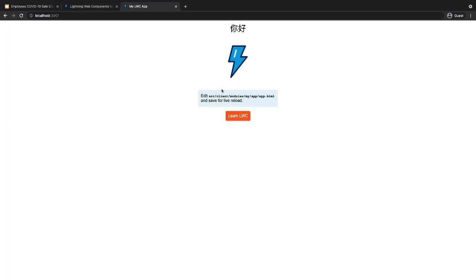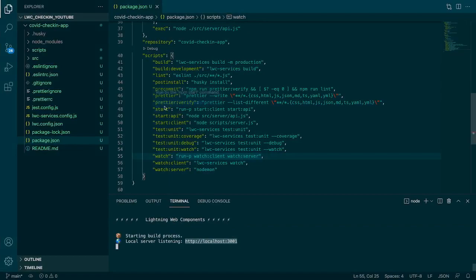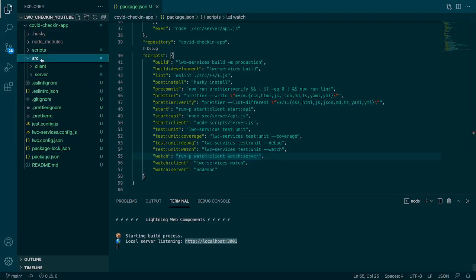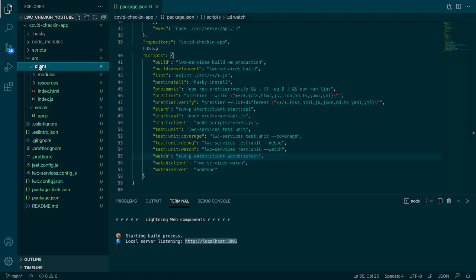And this is the component that comes by default while setting up the project. If you want to see this component, you can go to src. Src has two folders. One is client, which is our front end. The second one is server, that is our backend. If I open the client, under the client we have the starting file, that is index.js. Index.js is called by index.html, and this page is loading on the screen. As it's a single page application, it always uses a component approach.